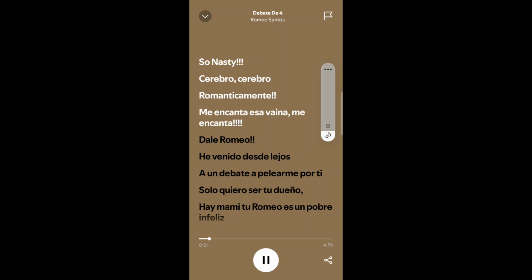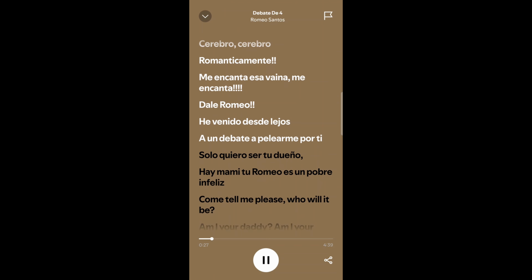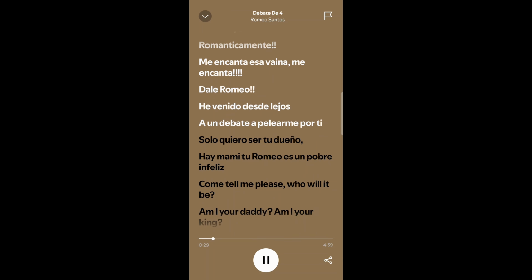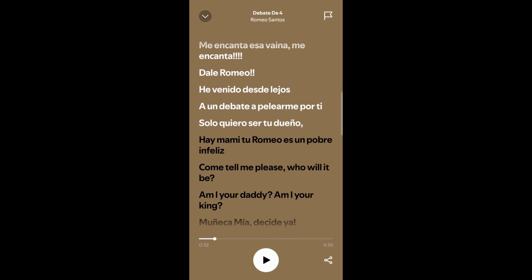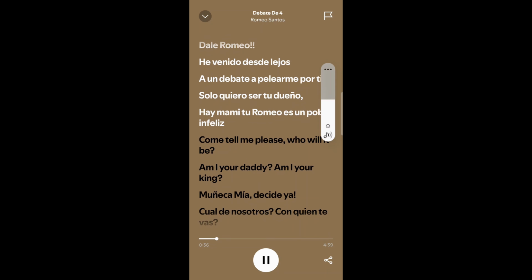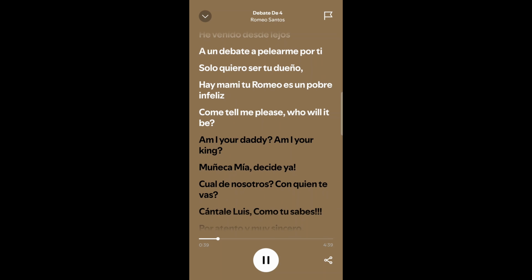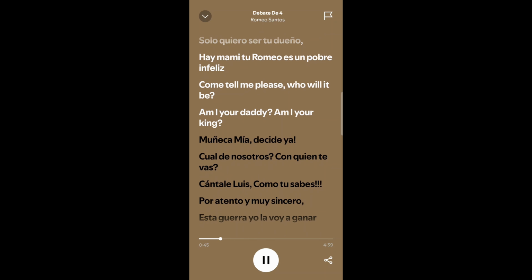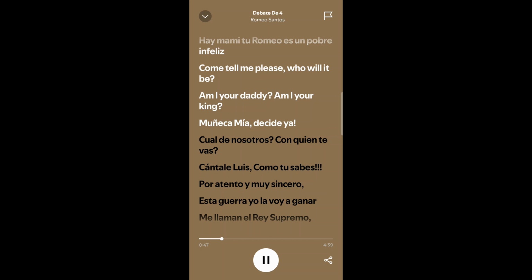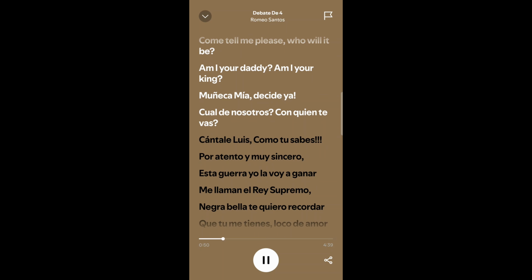You see? I was going through the lyrics while you're listening in Spanish. So you see how it's going through the Spanish lyrics while it's scrolling and you're listening on screen?